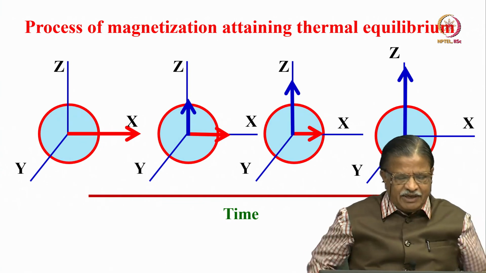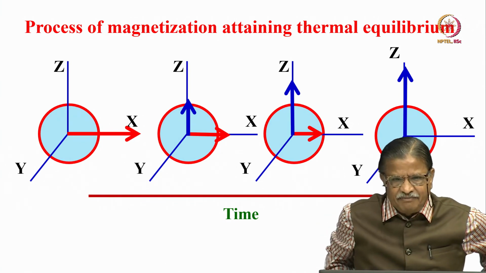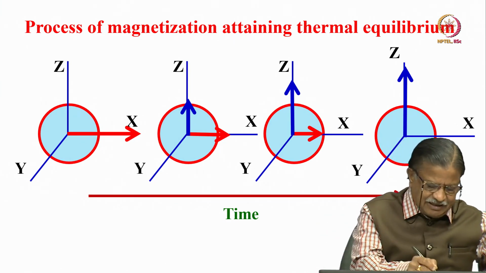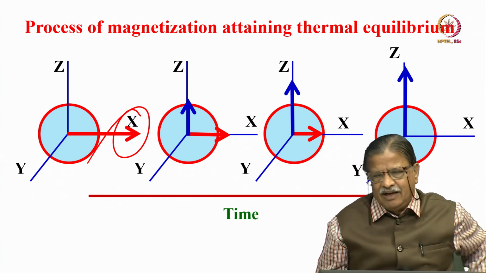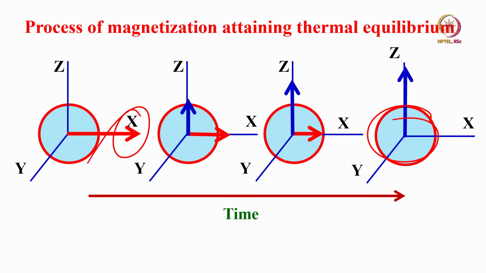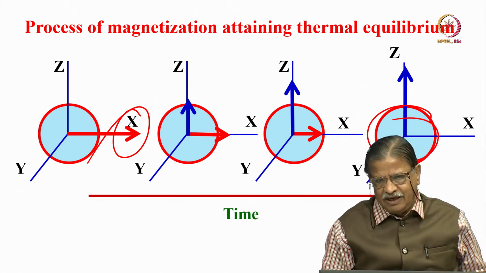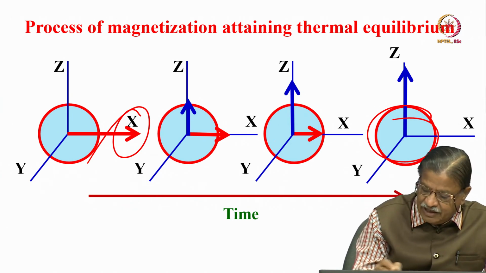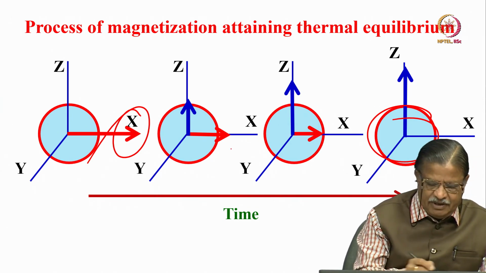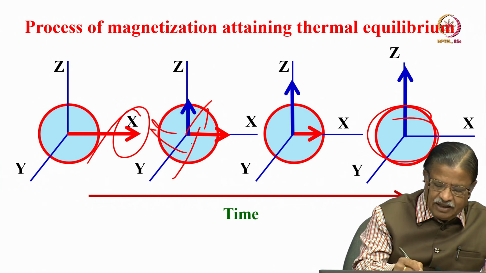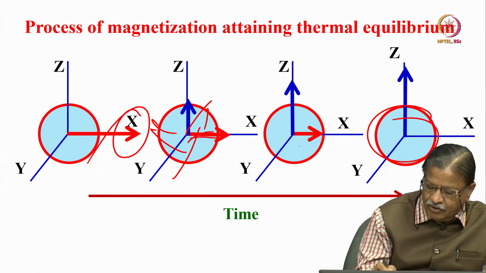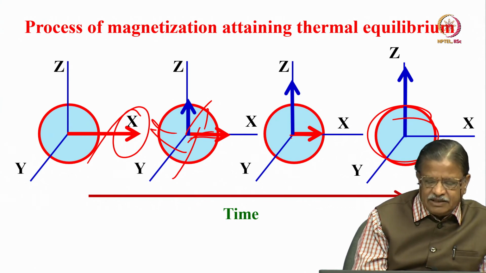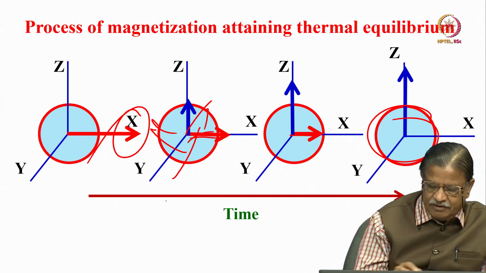This process can be diagrammatically given like this. Initially, the magnetization is brought to x axis. Of course, I am not showing the decoherence, which is also simultaneously going on. Don't ever be under the impression there is no decoherence. The decoherence is shown here by the reduction in the signal intensity. In principle, I should have written all the vectors here. Since it was too much work, I didn't do it. But I am showing the total magnetization, because of decoherence, coming down here in the x axis.